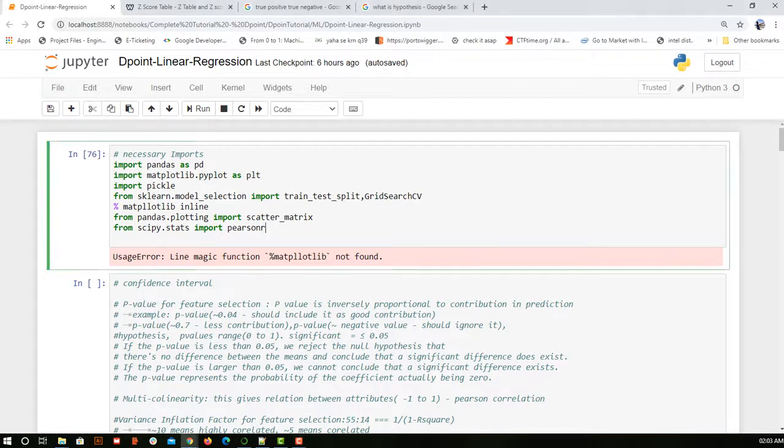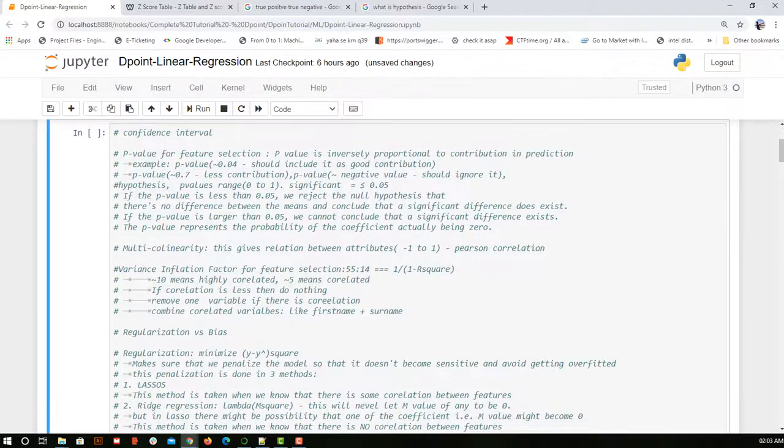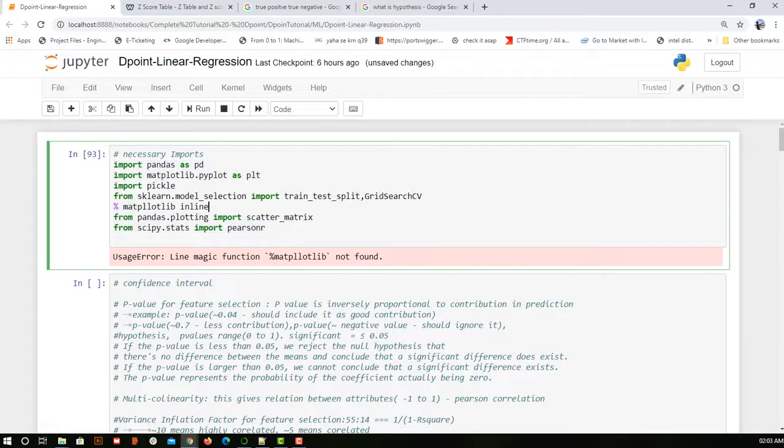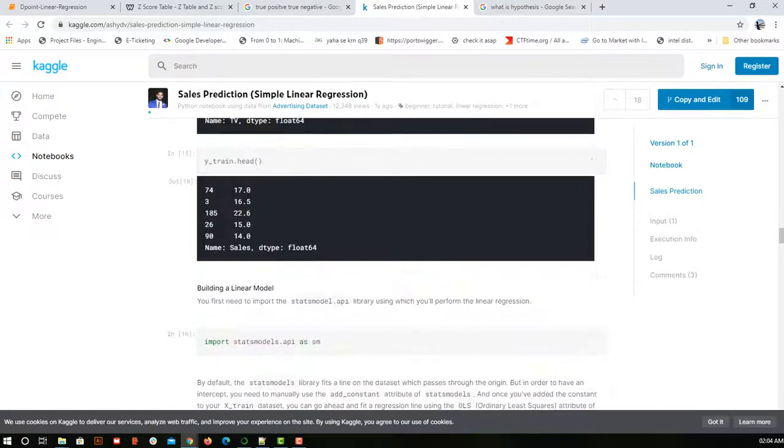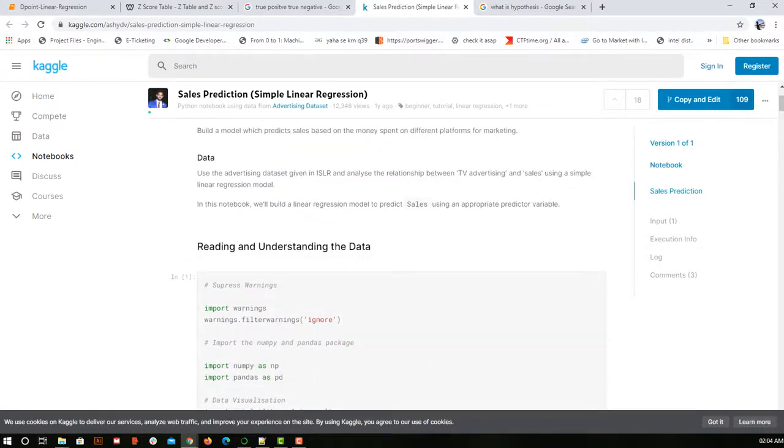First we are importing all the inputs that we need, and we are going to use a data set which I can share with you. If you search for sales prediction on Kaggle. If you don't know what Kaggle is, like for coding we have CodeChef or HackerRank, for data science and machine learning model building those kinds of competitions we have on Kaggle.com.